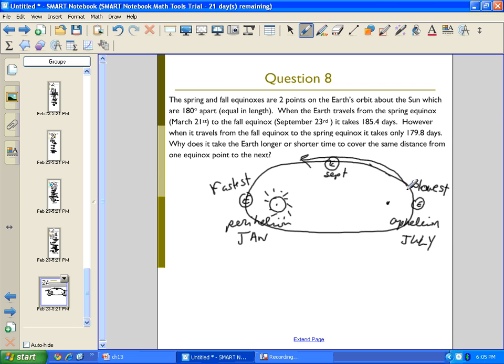When the Earth is traveling from aphelion to perihelion, it's speeding up. It's speeding up because it was at its slowest, and as it approaches the sun, it begins to gain speed. On the other hand, when the Earth is traveling from perihelion to aphelion, it is slowing down. Why? Because it was at its fastest. Here would be March, the Earth in March, and as it moves further, it's slowing down. So the question is, if it takes